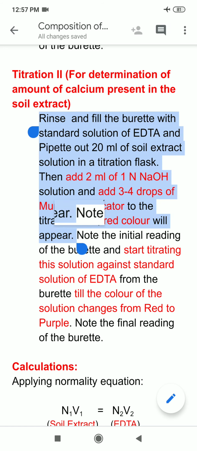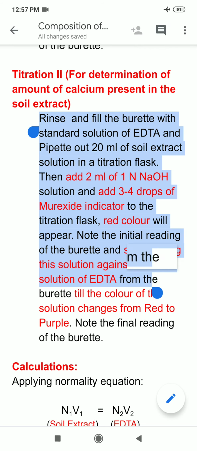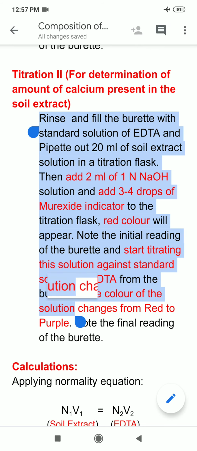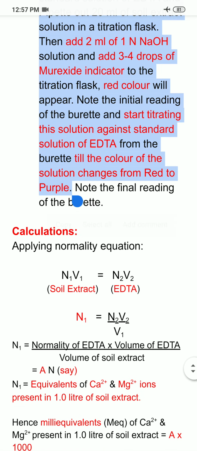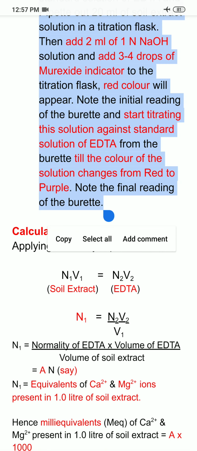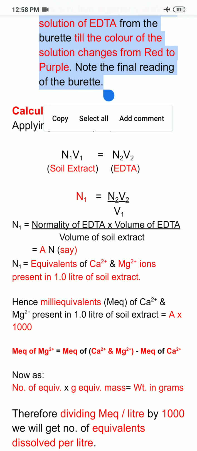Then we note the initial reading of the burette before starting the titration and titrate the solution against EDTA solution from the burette till the color changes from red to purple. When the color changes from red to purple with a single drop, this is our end point, and we note the final reading of the burette. The difference of the final and initial readings gives the volume of EDTA solution used for